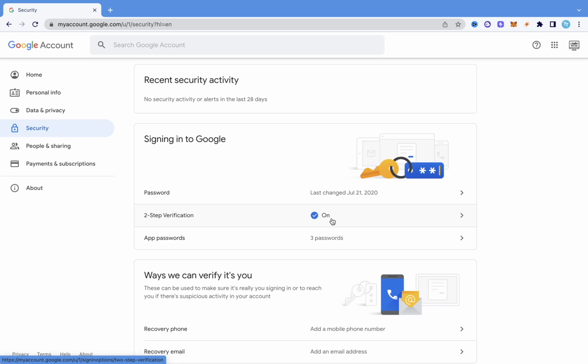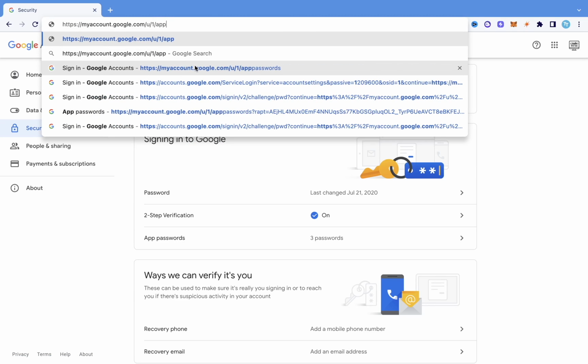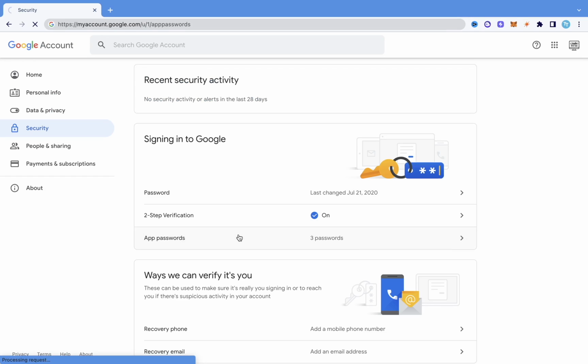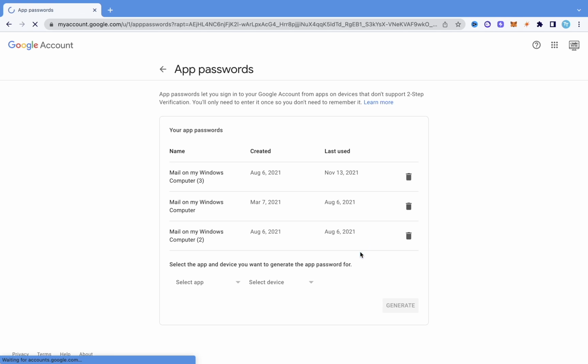What you need to do then is to come into this app password. So what you can just do is either go into your URL and type /app password, or you can just come here and click it directly. So either one you want to do is fine. It's going to ask you to log in again, so we're just going to log back in. And now that we've logged in, as you can see, I already have some passwords created